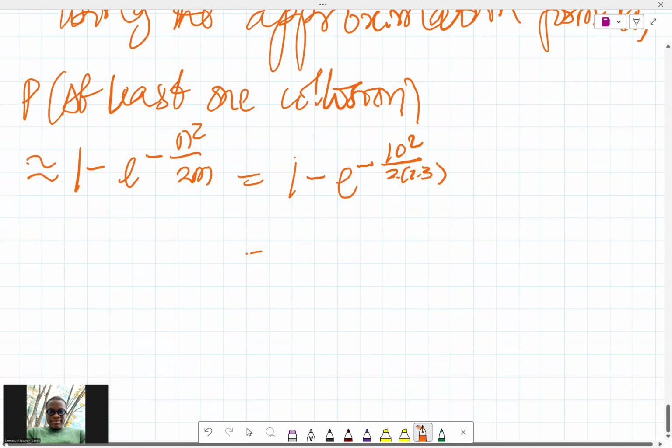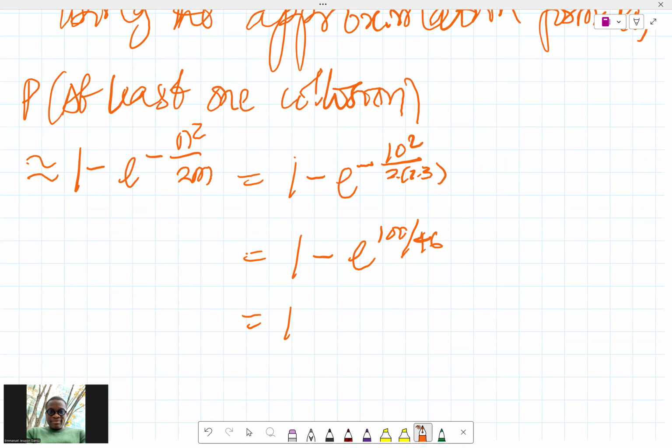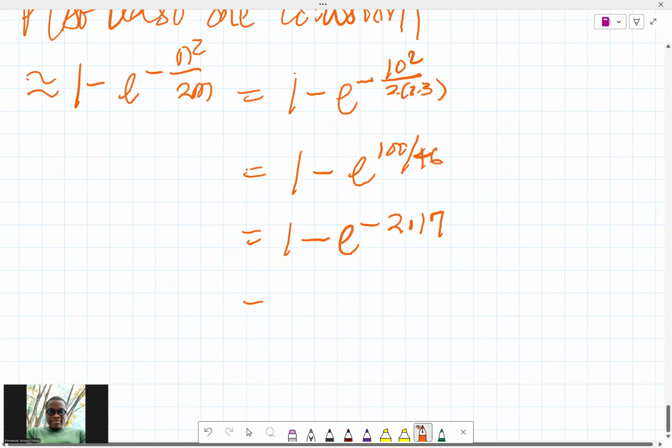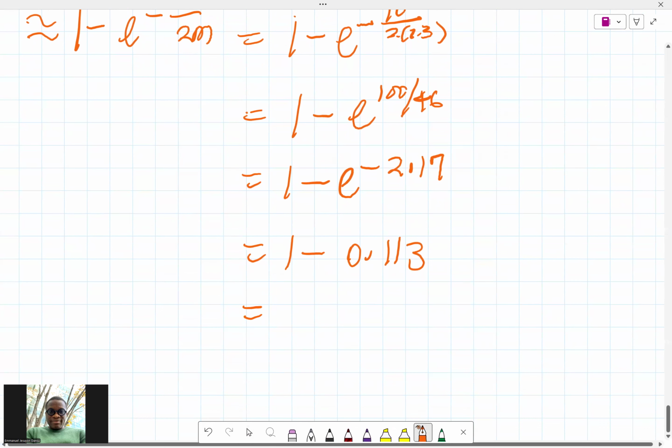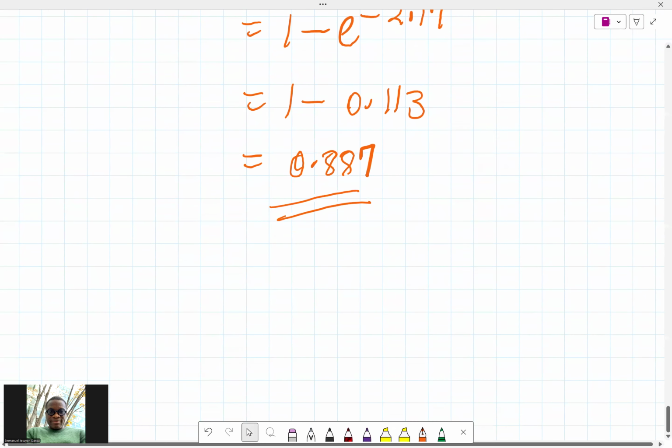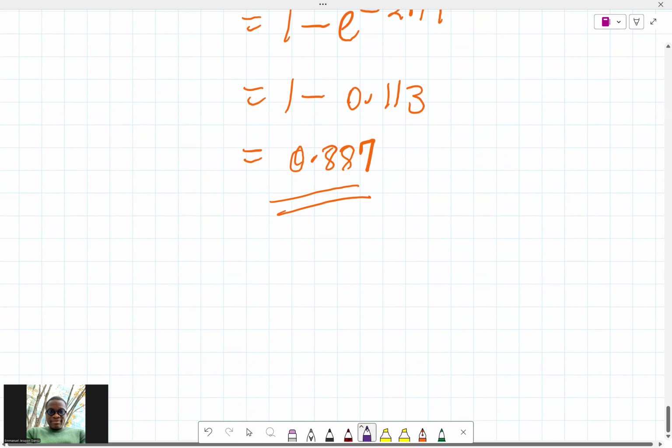So that is equal to 1 minus e raised to the power minus 100 over 46. That is 1 minus e raised to the power minus 2.17. And that is 1 minus 0.113. Okay. And that is equal to 0.887. So from that, we can infer that this means